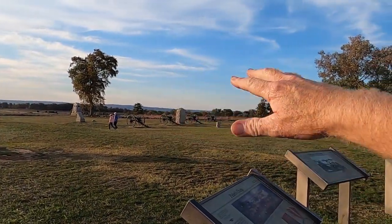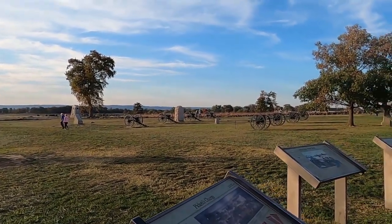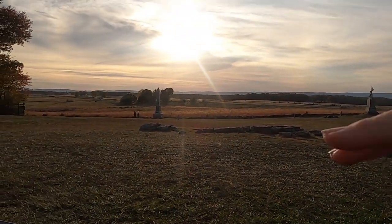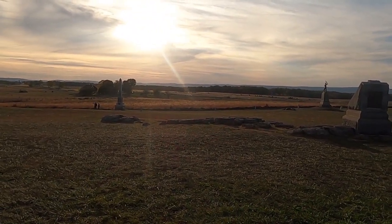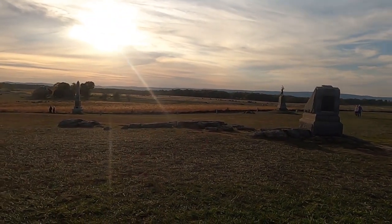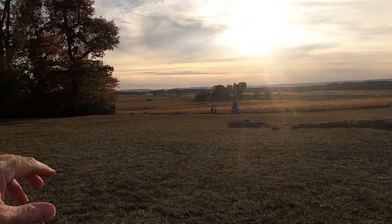Okay, where these cannon and caissons are was pretty much where Battery A of the Federal troops was. This is Seminary Ridge. Seminary Ridge is over there, about three-quarters of a mile away. That's where the Confederates were, and we've been looking at those in the past videos. And this little copse of trees right here,